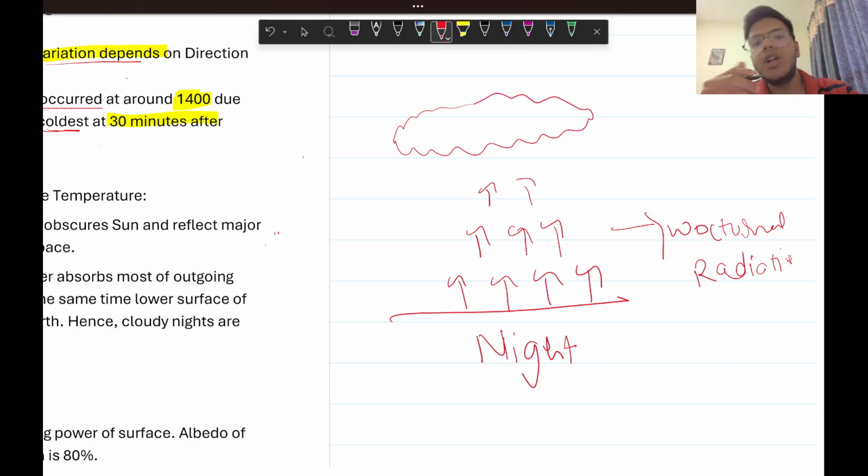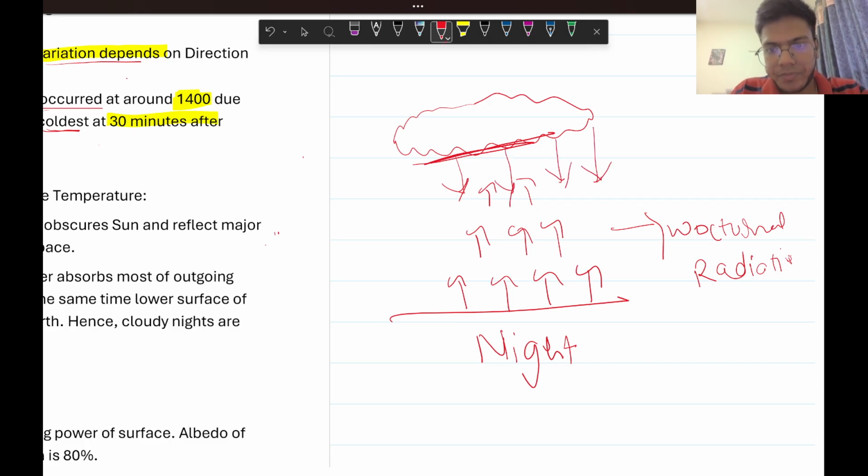So what this cloud will do, this lower surface of cloud will reflect these radiations back to earth. So guys, what happened now, जो टेम्परेचर कम हो रहा था यहाँ नीचे से ऊपर जाने में, वो वापस इंक्रीज होने लग गया इधर, क्योंकि जो रेडिएशंस यहाँ गई थी, क्लाउड ने क्या किया, वो रेडिएशंस वापस फेंक दी नीचे, जाओ तुम नीचे जाओ। ठीक है, तो उसने, क्लाउड ने रेडिएशंस नीचे फेंक दी,